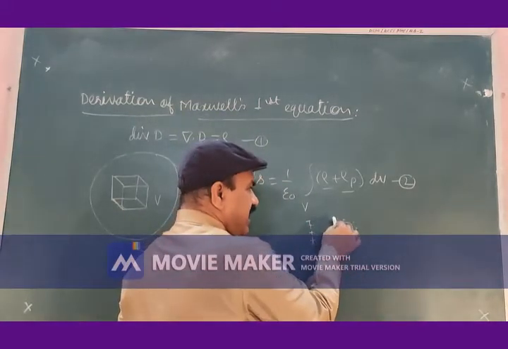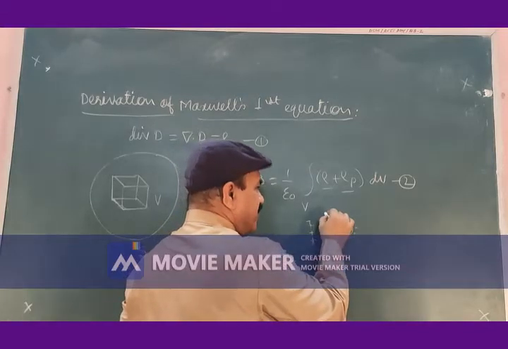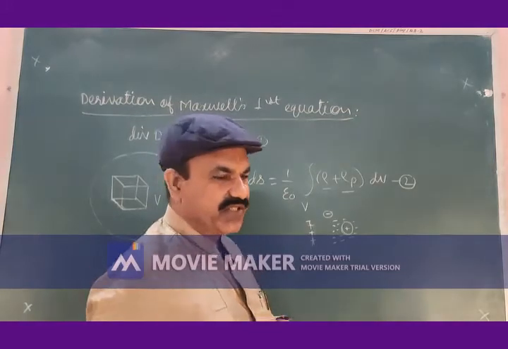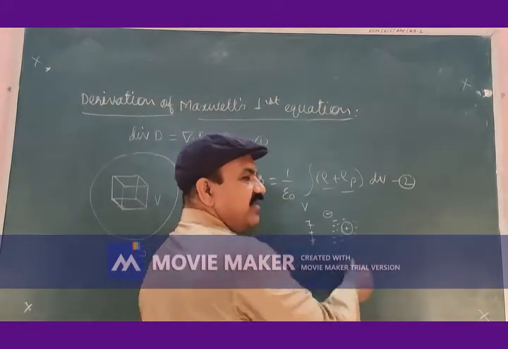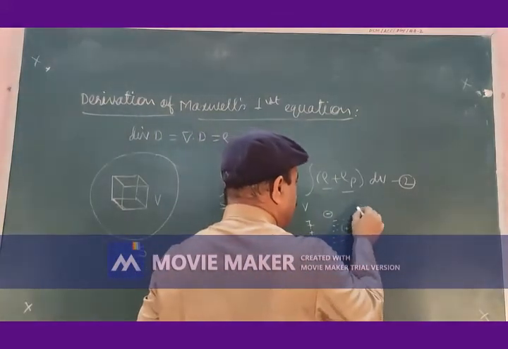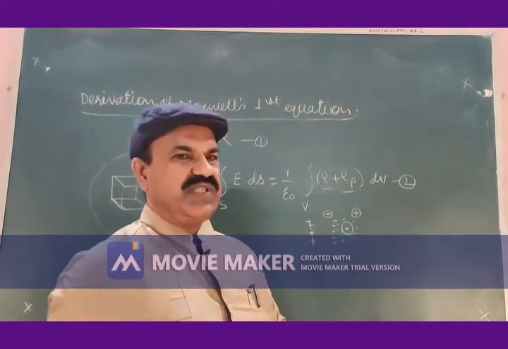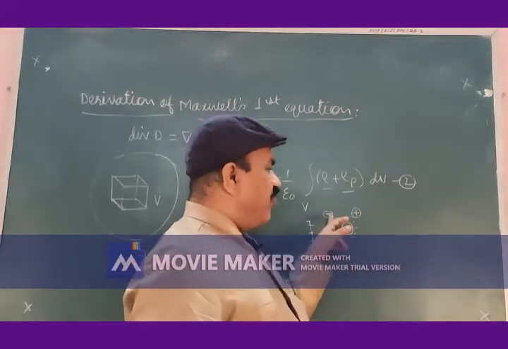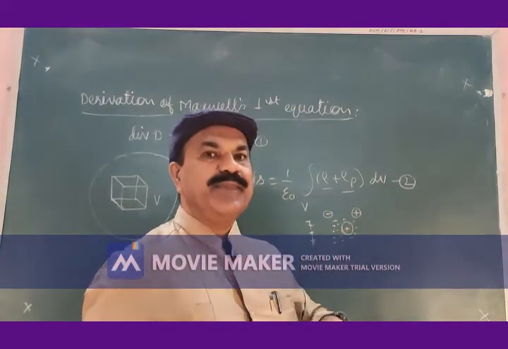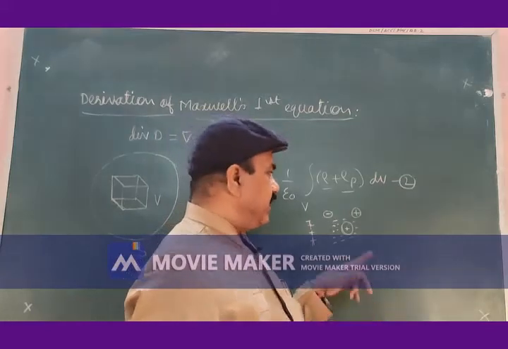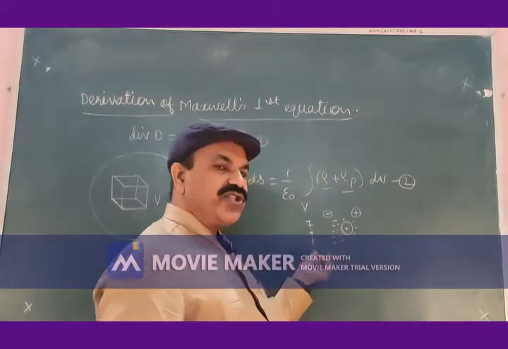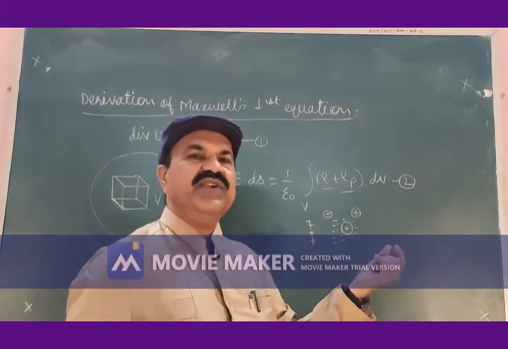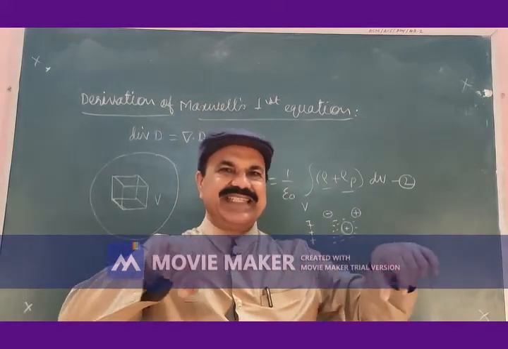More electrons are on the right side, so this corresponds to the center of negative charges. Fewer electrons on the left side correspond to the center of positive charges. Less negative, more positive. More negative, less positive. Because of the application of this field, the centers of negative and positive charges get separated.